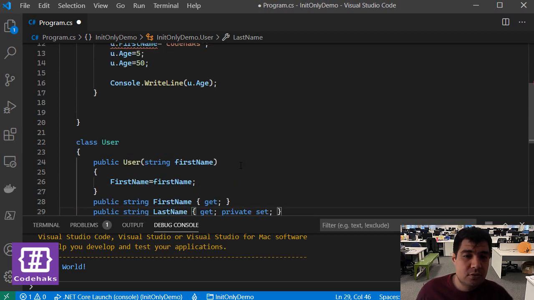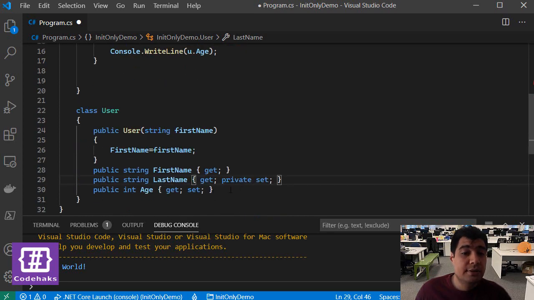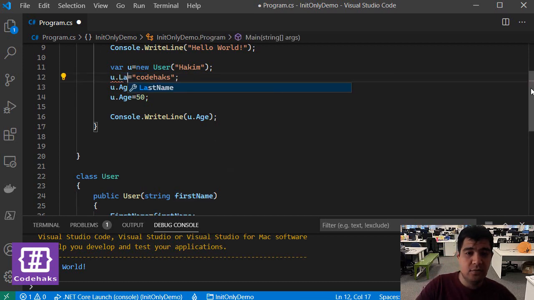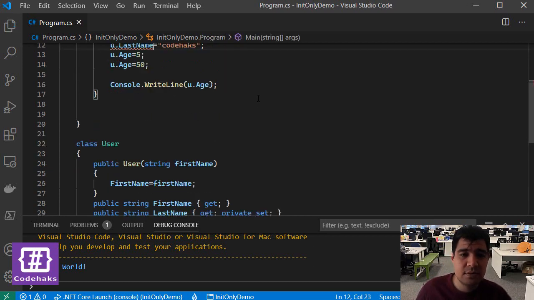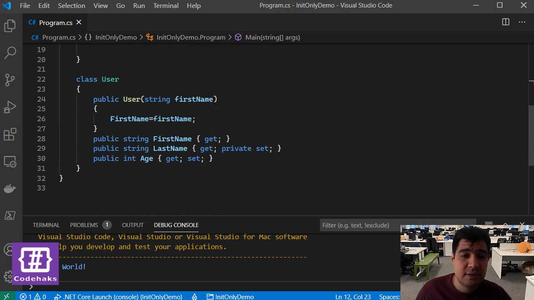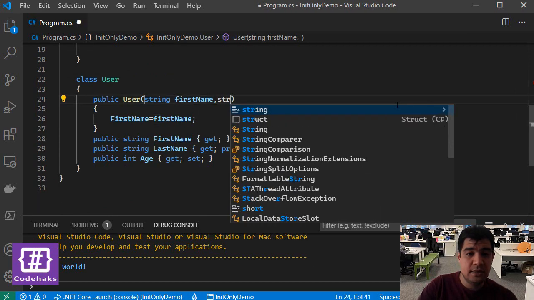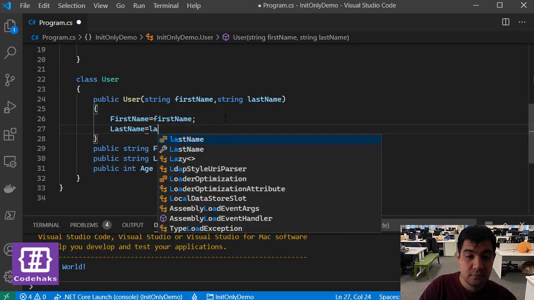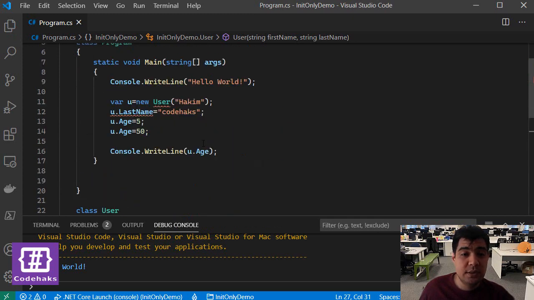Private set is good because at the same time you no longer have access to a property to change it from outside of your class. Like if I want to use last name, it's impossible. The only way that I can set the value of last name is to use it like this, last name, and I set the last name like this. So that's the only way you can set the last name, and